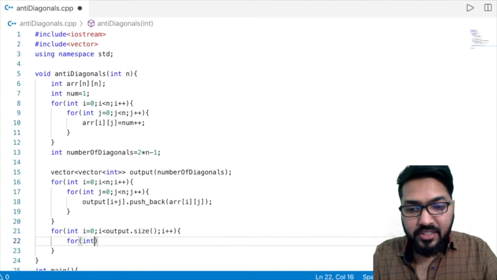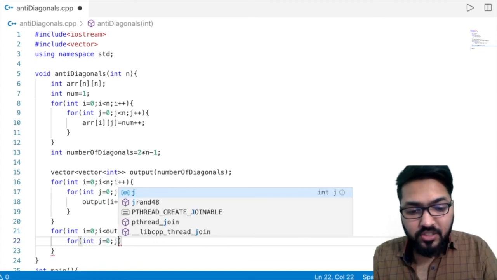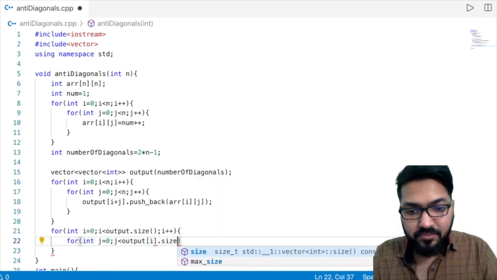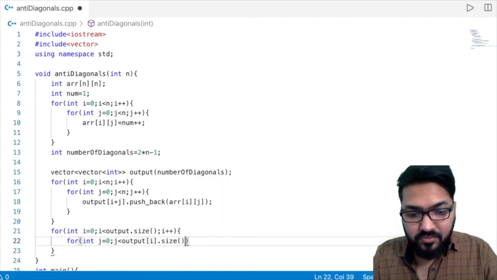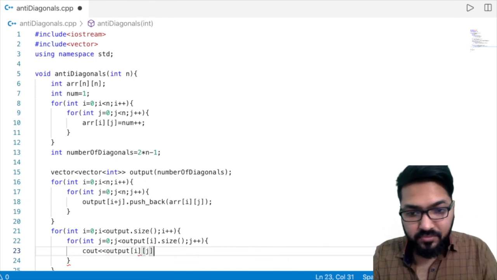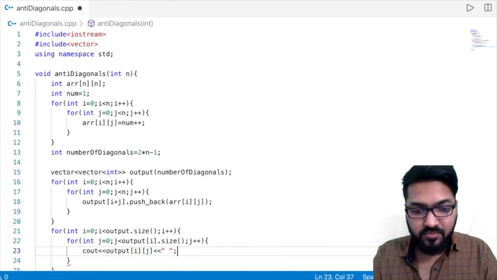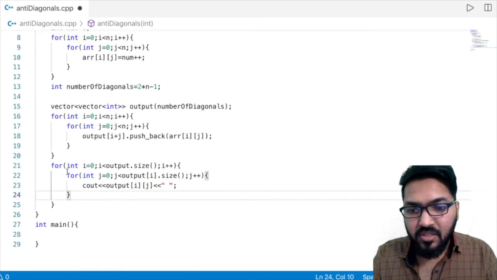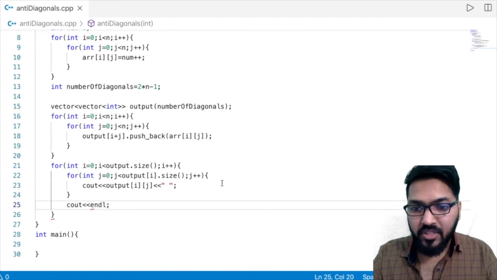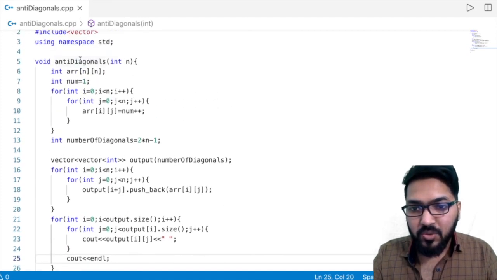For int j is equal to 0, j less than output i dot size, j plus plus, cout output ij. And after every anti-diagonal is printed, we are just going to move to the next line. So cout endl, right? Now let's try to print it.